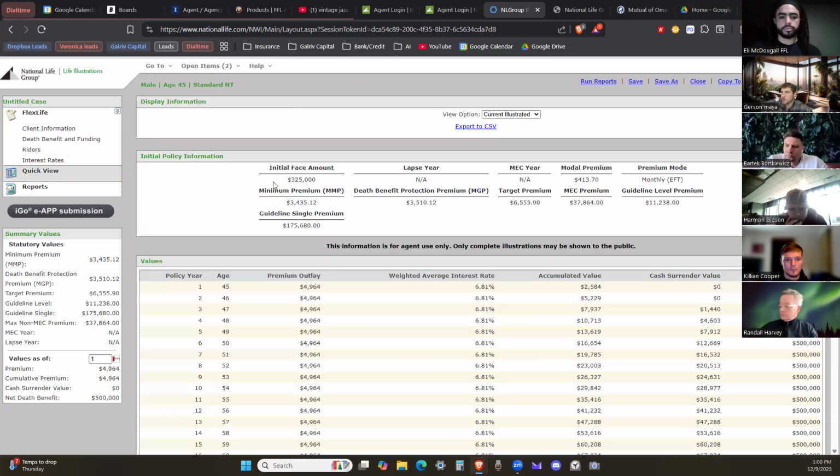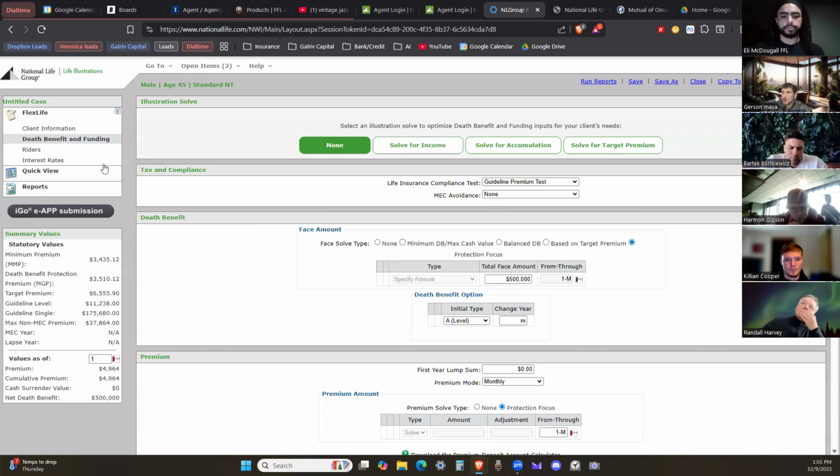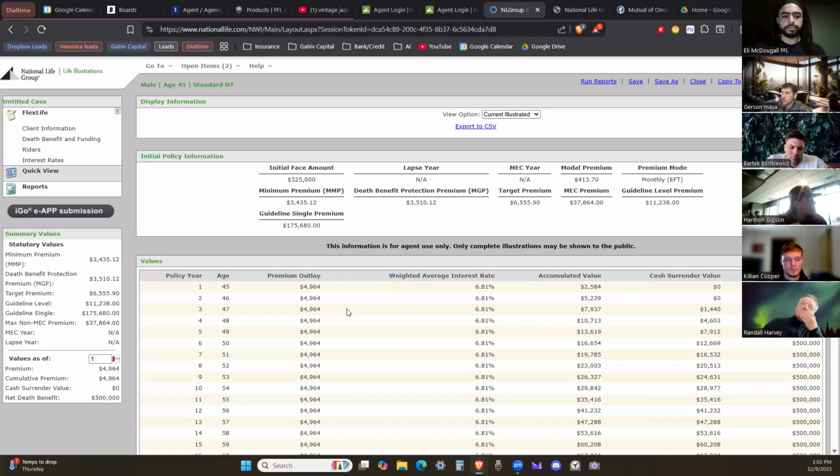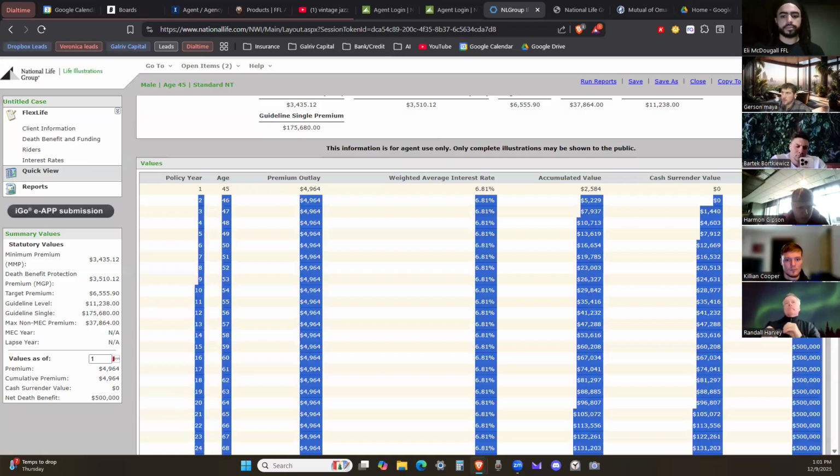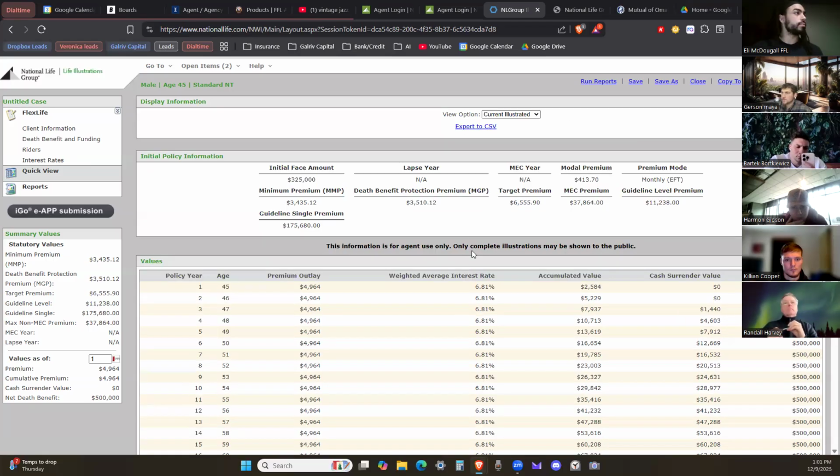The plan premium is going to be pretty cheap. It's actually a good policy. I have a few of these in the books as well. How it kind of works is the initial face amount is less, and there's an additional rider. It's like an extra protection rider, but it's still permanent. But it's still a $500,000 net death benefit. That's really all that matters. So that would be $413 for their protection focus.